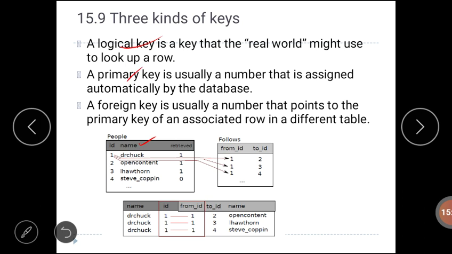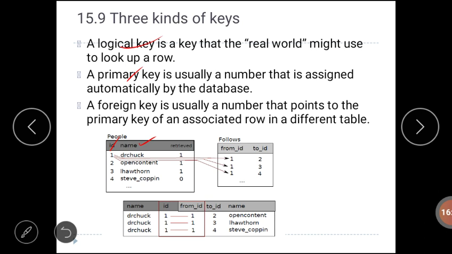Okay, the next key is the primary key. Usually a number that is assigned automatically by the database. In general it has no meaning outside the program and is only used to link rows from different tables together. When we want to look up a row in a table, usually searching for the row using the primary key is the fastest way to find the row. In our example, the ID field, ID value 1234, is an example of a primary key.